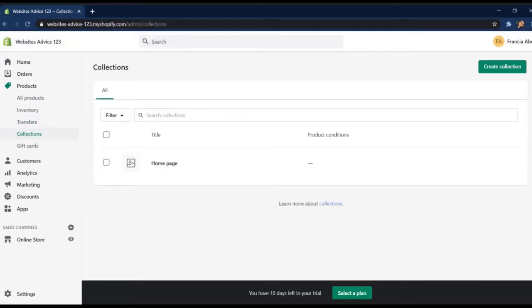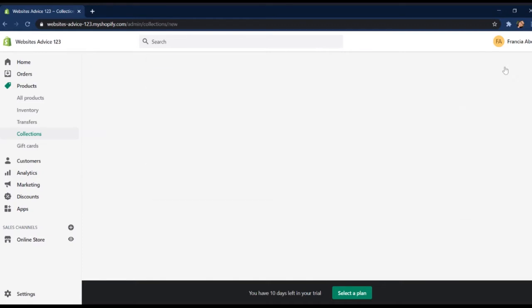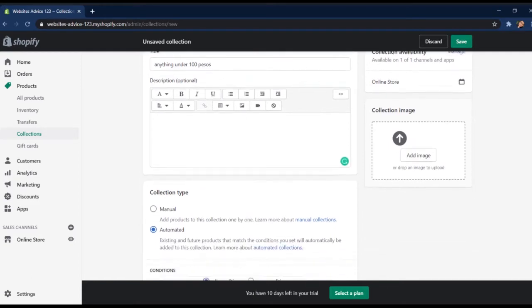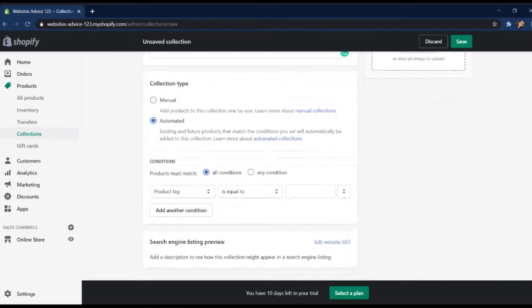Then we have here the collections. Collections is creating a pool of products and putting a title or name for it. So for example, anything under 100 pesos is the title of your collection. When you want to make a collection about anything that's under 100 pesos,